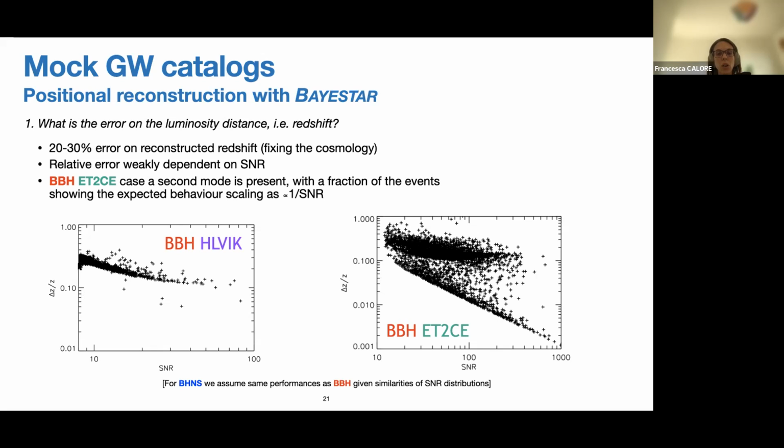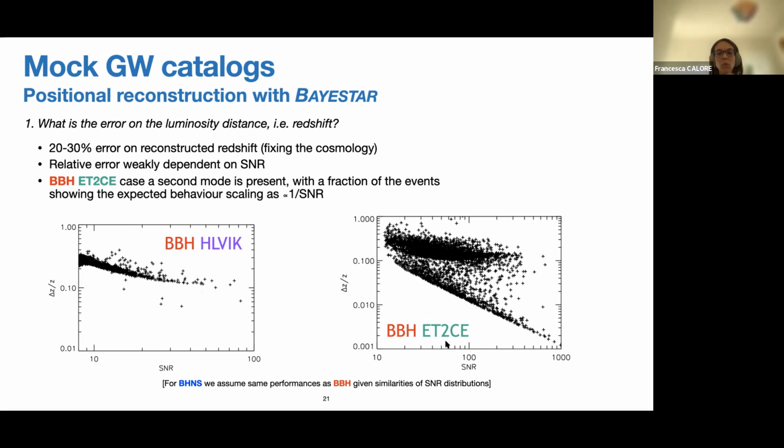And here I'll show that for the 5 detector configuration and 2G detector configuration and the 3G detector configurations for binary black holes. So the error is around 20–30% in the reconstructed redshift, and against some naive expectation that is also used sometimes in the literature, the signal over noise doesn't really scale as 1 over the SNR. So the error doesn't really scale as 1 over the SNR for most of the samples. So the dependence on the SNR of this error is pretty flat, at least for the 5 detector configurations, while